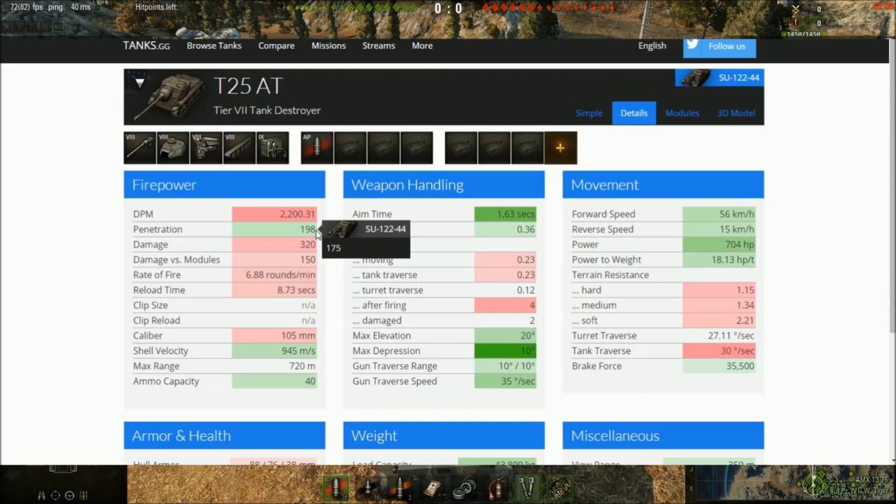So the penetration is a nice boost for this T25 AT, which I knew about and was kind of expecting. What I didn't expect was some of the other strengths. The shell velocity is quicker, so you fire and the shot hits the target, so shell velocity was nice, wasn't expecting that. Ammo capacity, it carries more ammo than the Su-122-44, wasn't expecting that. But then we come down to some major strengths I didn't realize about the tank before I started playing it,